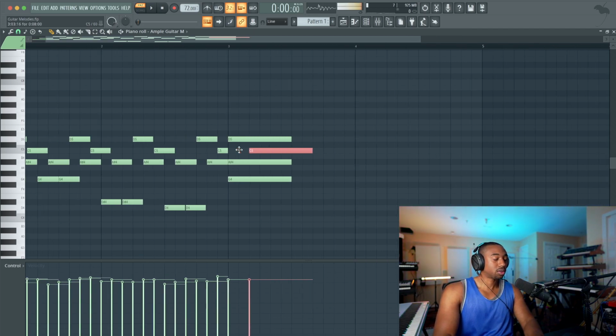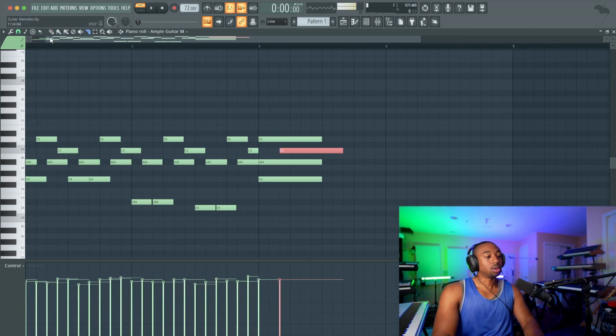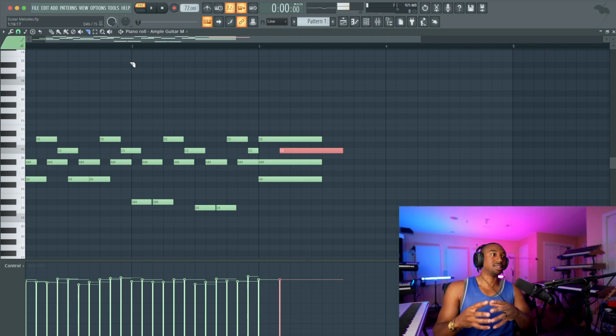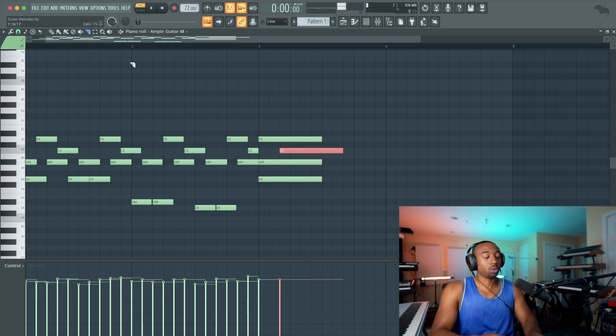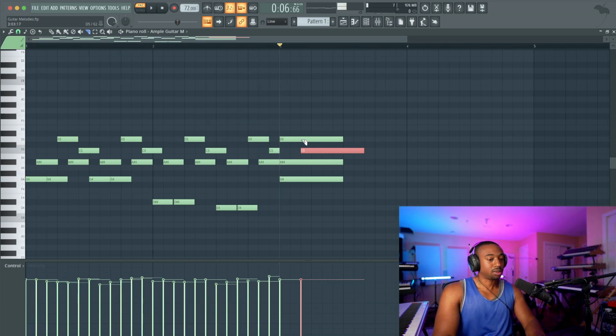So once we have this triad, we have to give it a rhythm. What most people overlook in melody is just understanding that it's a rhythm. Okay, and usually we build the rhythm from a chord when it comes to guitar. So instead of playing the notes all at once, we're going to chop these notes up into a rhythm. So I'm going to copy the rhythm we had initially here and give it a little more bounce.